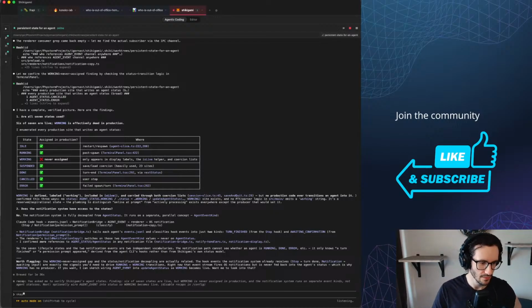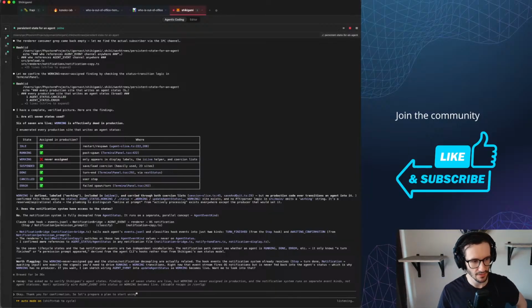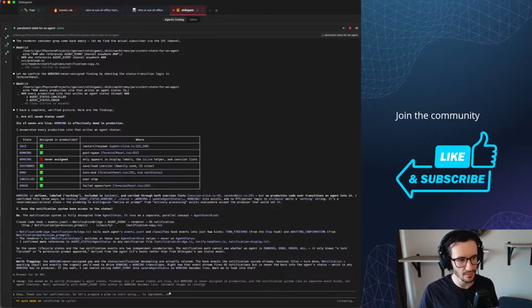Okay, thank you for confirmation. So let's prepare a plan to implement missing functionality to start using the working state in the state machine.